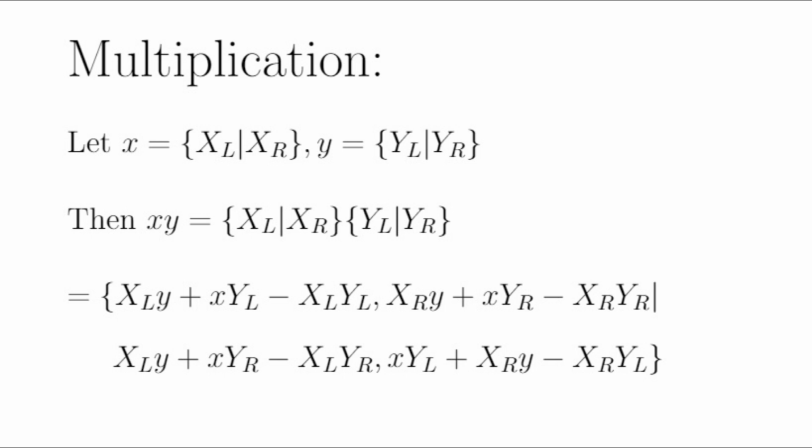Multiplication is more complicated and time-consuming. I'll show the definition here. This involves multiplying pairs of surreal numbers drawn from the left and right sets of x and y to get a surreal number, then negating the result, then multiplying the surreal number form of x or y and a surreal number drawn from the left or right set of the other operand to get a surreal number, and then adding the resulting surreal numbers together.